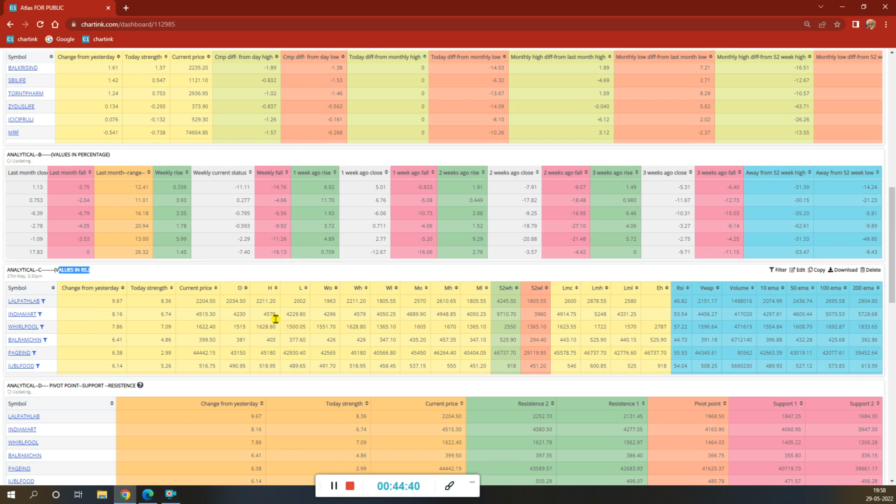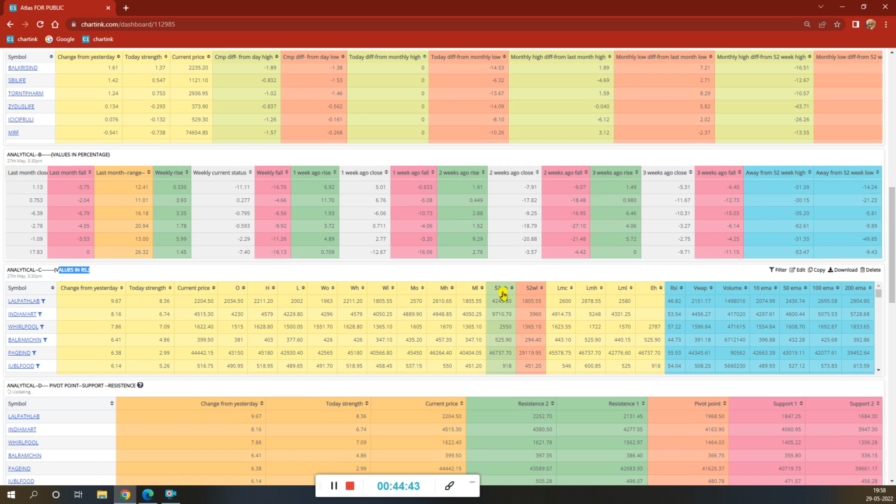There is no percentage formula. So it is monthly low, then 52-week high, 52-week low, last month close. LMC is last month close. LMH is last month high, last month low. EH is ever high. RSI, VWAP, volume, I don't use these, but still I have added for you all, because